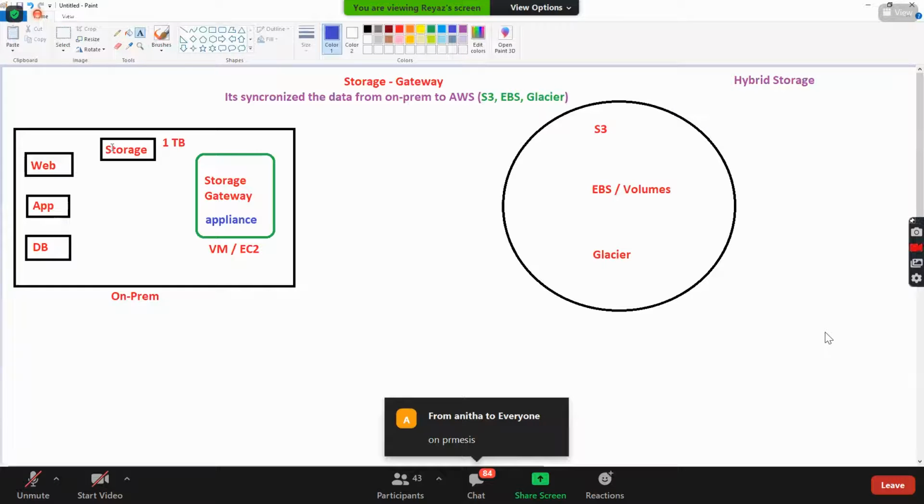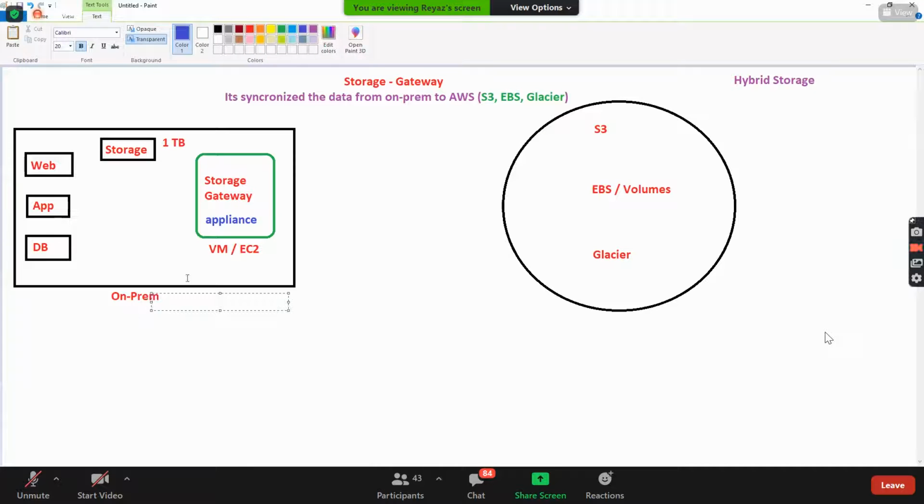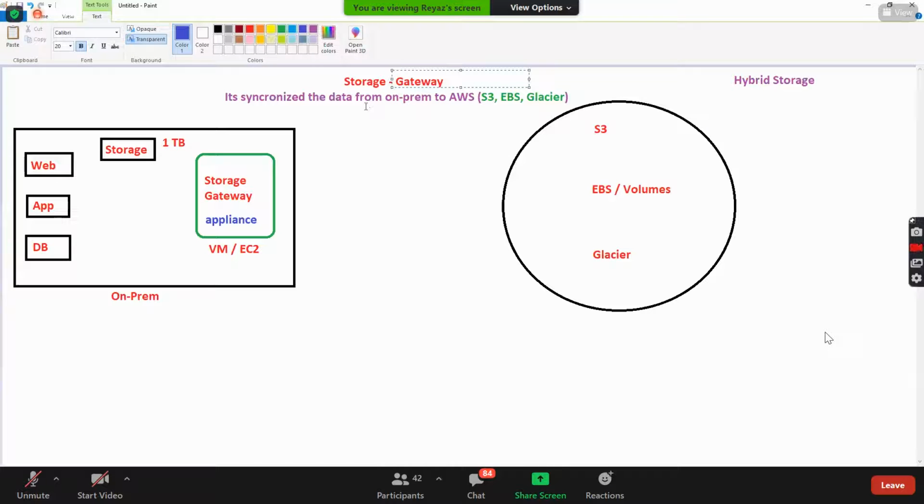So guys, this web server, app server, DB server, storage server, these are examples I have given. You have so many servers and workstations in your on premises, and if you want to push all the data, synchronize all the data to S3, EBS or Glacier, you can use the concept called storage gateway. The storage gateway is a software which you need to set up on a machine in your on premises. On premises, you have a virtual machine concept. So if you go to storage gateway on the console, AWS will give an image. Use that image and create a virtual machine on your on premises. It has a storage gateway. Is it clear till here, everyone?